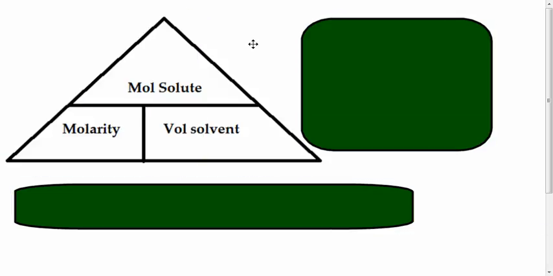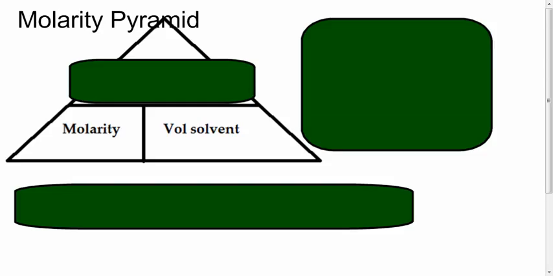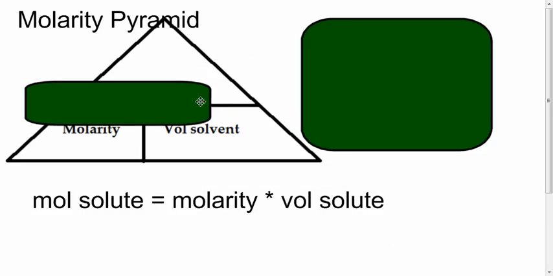Now, we need to consider the molarity pyramid. To use the molarity pyramid, you cover up what you want to solve for. We want to solve for moles of solute. So moles of solute is equal to molarity times volume of solvent. I cover up what I want to know, and that becomes the answer, and then I